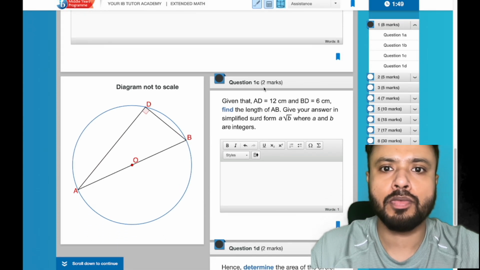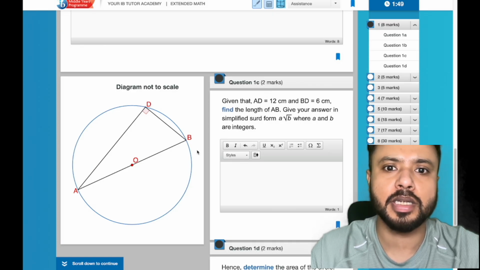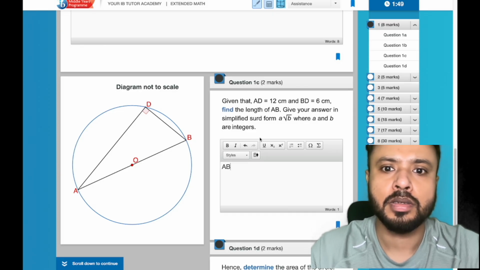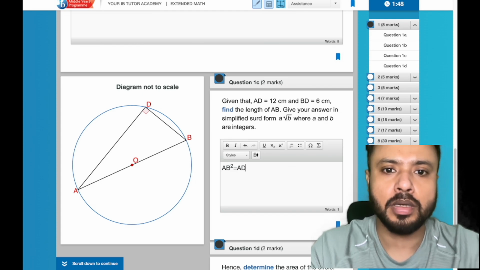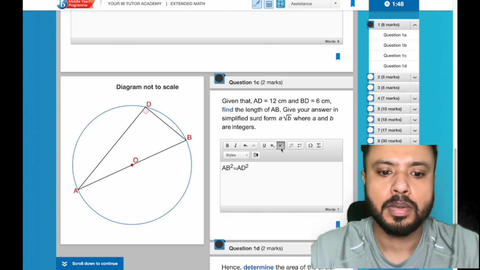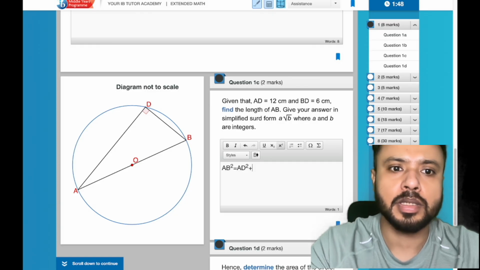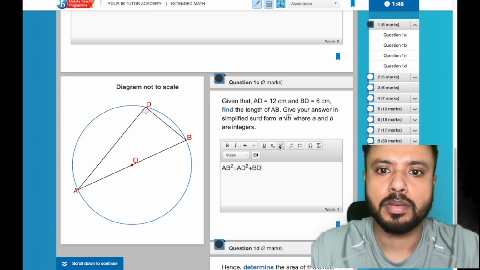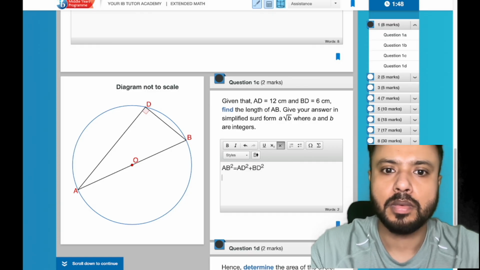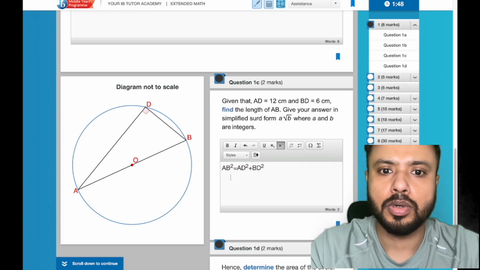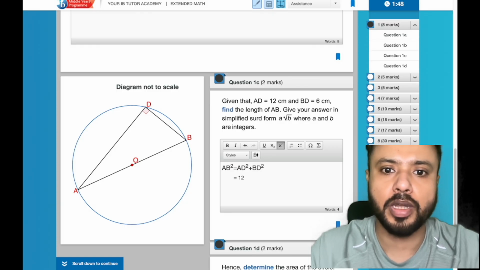Now in question number 1C, we have been given that AD is 12 centimeters, BD is 6 centimeters, and then we have to find AB. So basically we have to use Pythagoras theorem over here. So using Pythagoras theorem, we can say that AB squared would be equal to AD squared plus BD squared. So I can substitute the values now. So AD is 12, so 12 squared